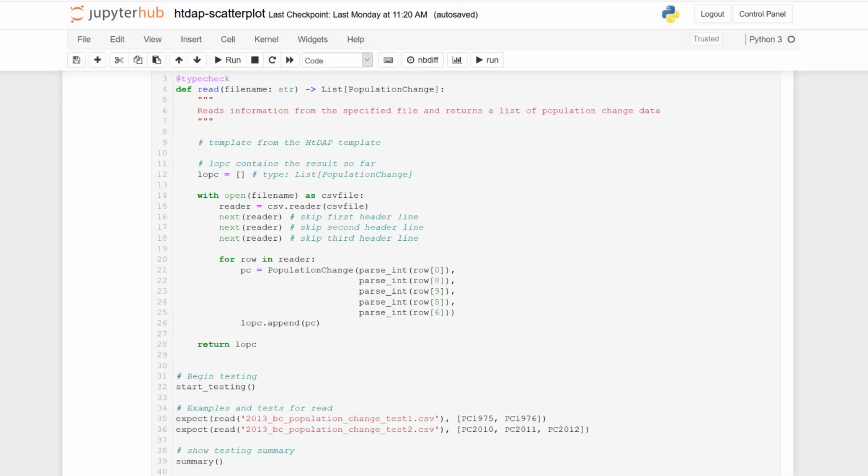For step 2c, I'll start with the main function. I'll copy it in from the HTDAP template and edit from there.